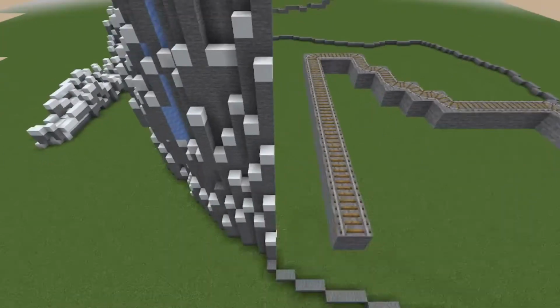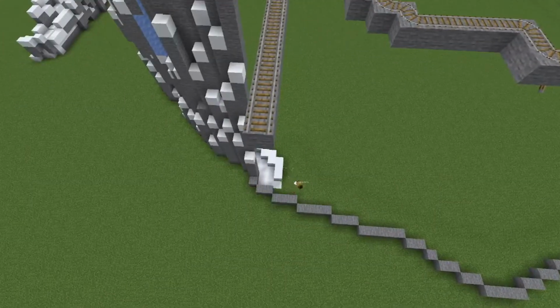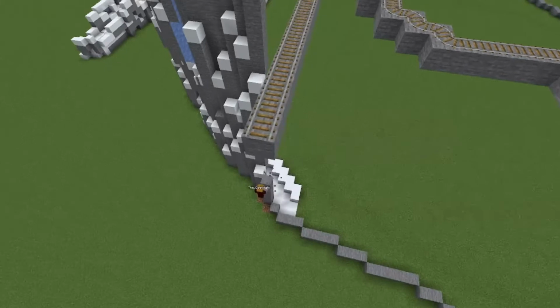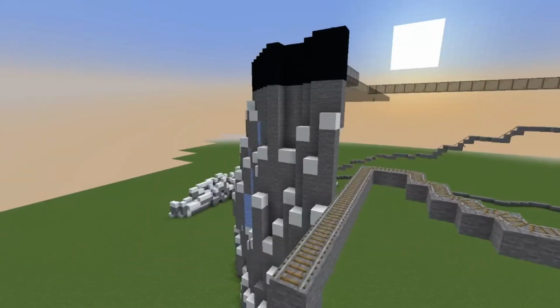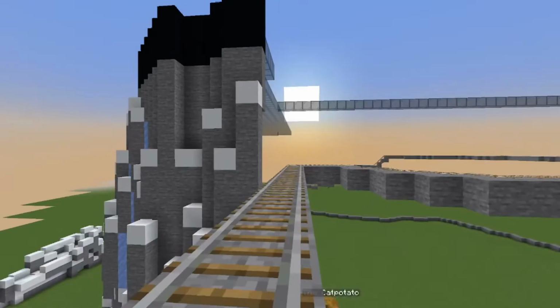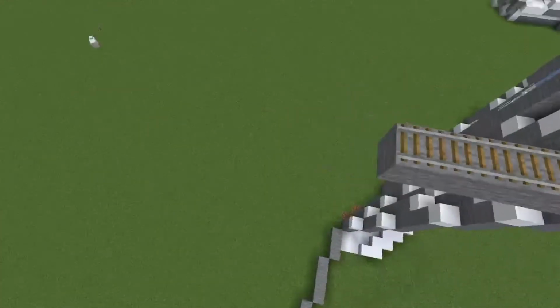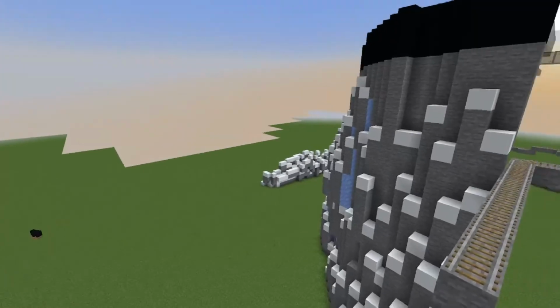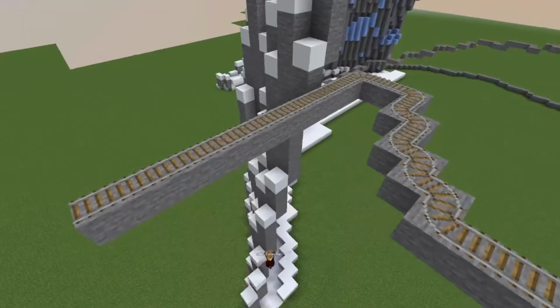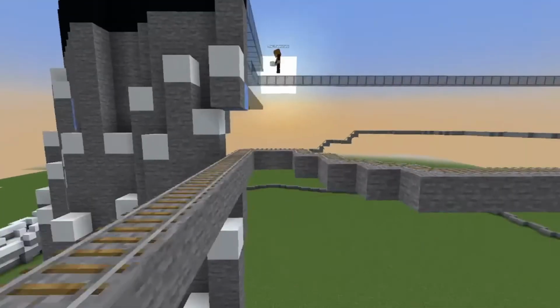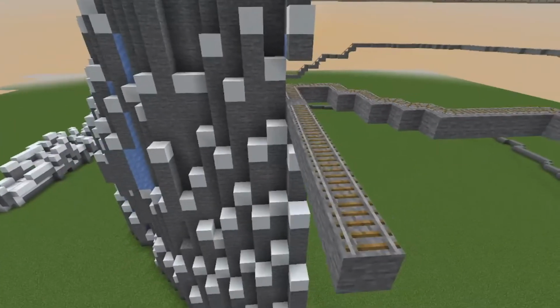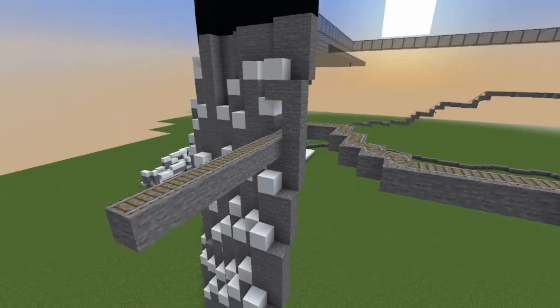Then this track kind of annoyed me a lot. It took a lot of work to try and get it around the track without causing any problems. And this track eventually drops down to get back over there. But it was very annoying getting it up to where it needed to be. And then I still had to deal with it like